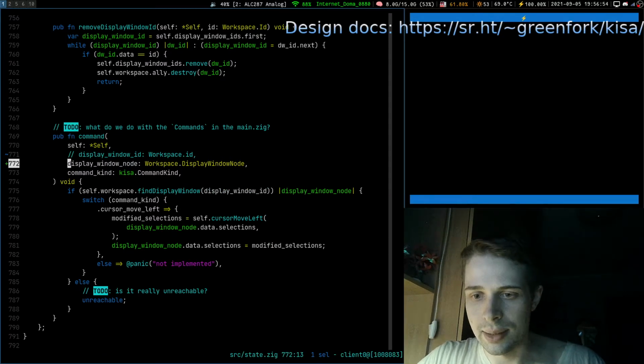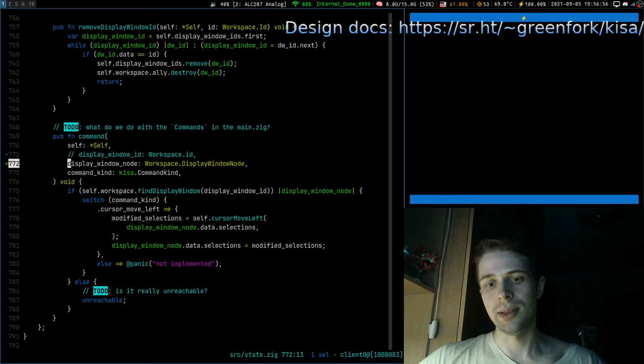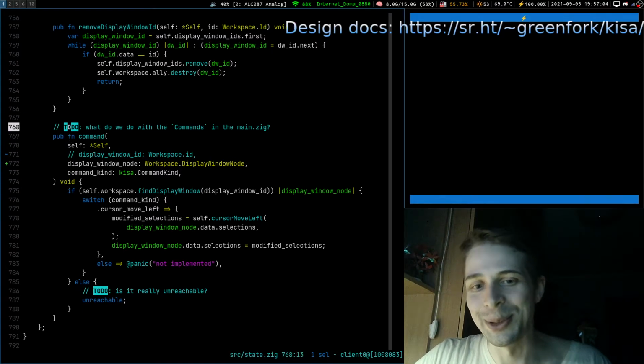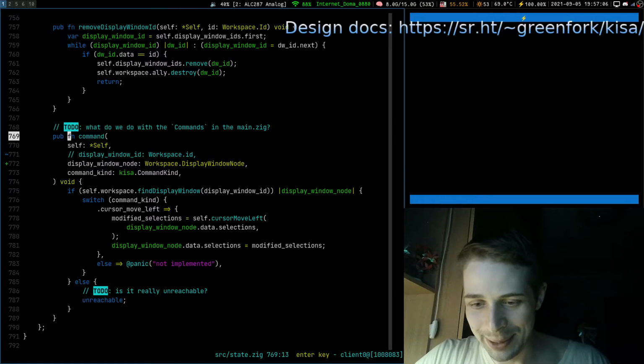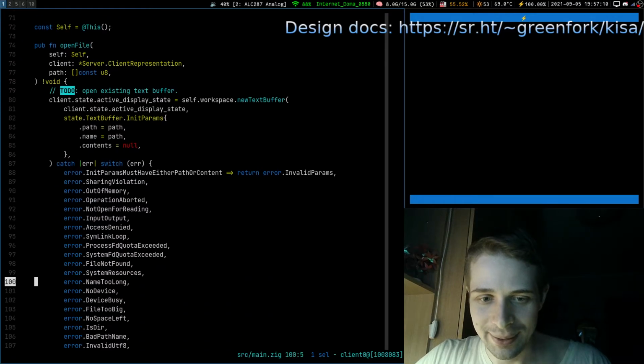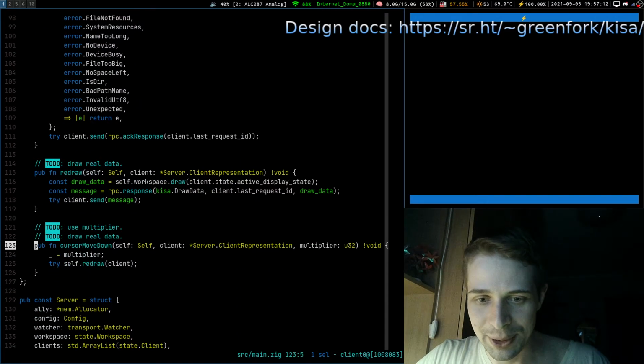So this is another possibility, that we handle finding the correct display window somewhere in the workspace. We probably want to have, like we have in the main, commands, and cursor move down.